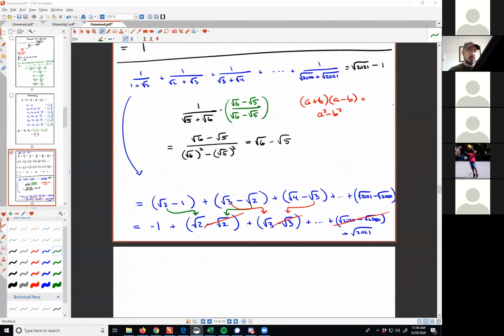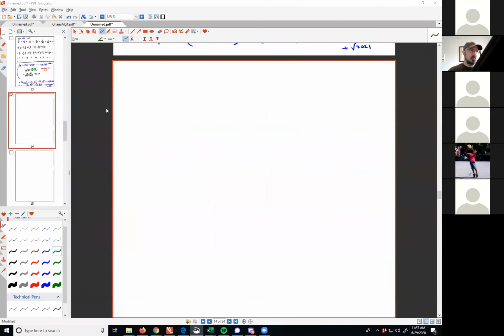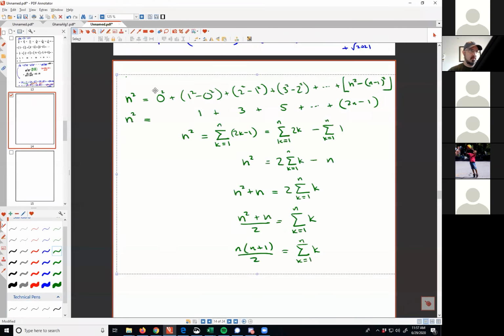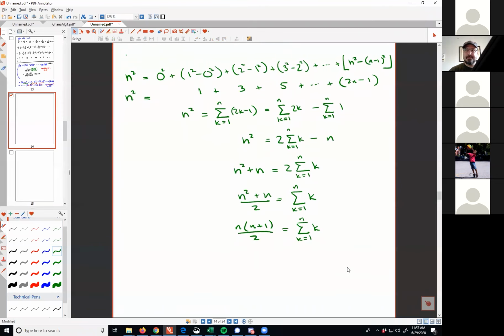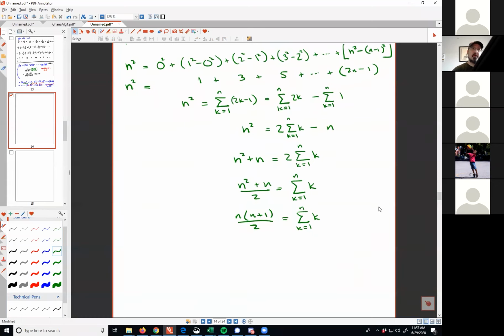Mr. Crawford, could you have just gone straight after finding the differences? Couldn't you have just said, well, the formula for this is similar to that of the counting numbers, because it's 1 plus 3 plus 5, and the difference for all of them is 2. So 2 and